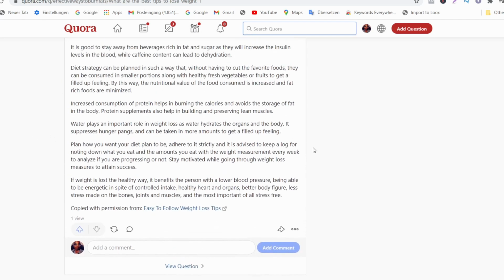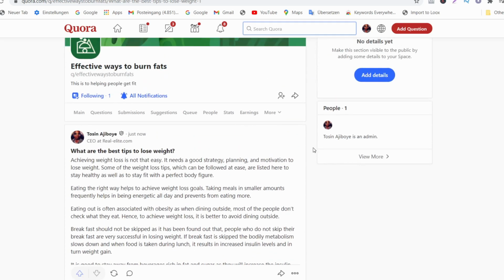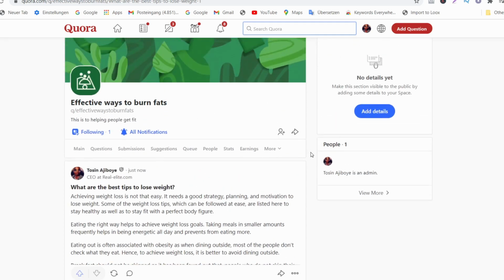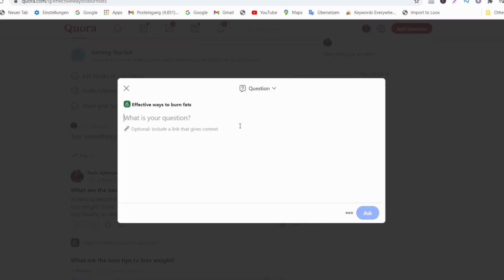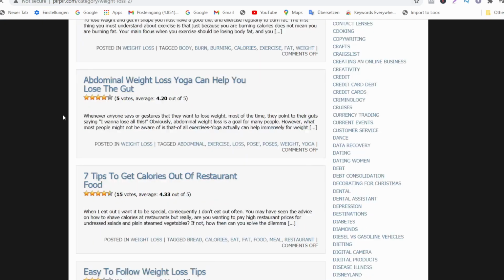So let's just create another question and answer, because the more questions and answers you post, the more people are going to have the advantage to see this on search engines. So we go up here and click on questions. All right, and we are going to create another question post. Then we go back to